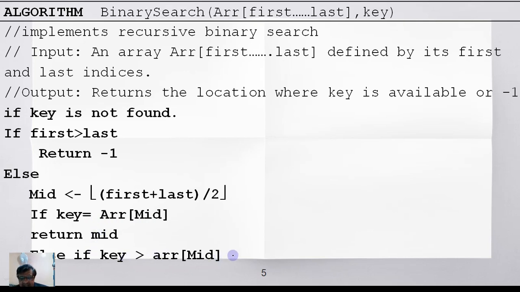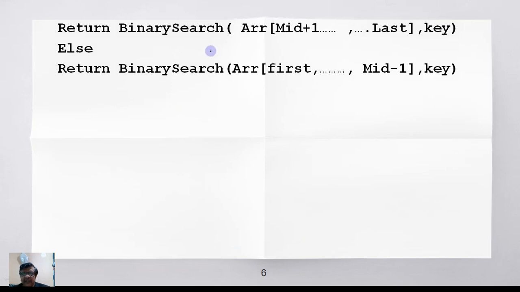Else if key is greater than array of mid, then return binary search: you call the binary search algorithm with array, mid plus 1, last, and key. The left extremity will be shifted to mid plus 1, and the last will remain as it is. Else return binary search with array, first as it is, and the last extremity becoming mid minus 1, and key. So this is the recursive call, and if we try to write the recurrence relation for this, before a call is made, it makes one comparison. Therefore, the number of comparisons in the worst case of the algorithm,